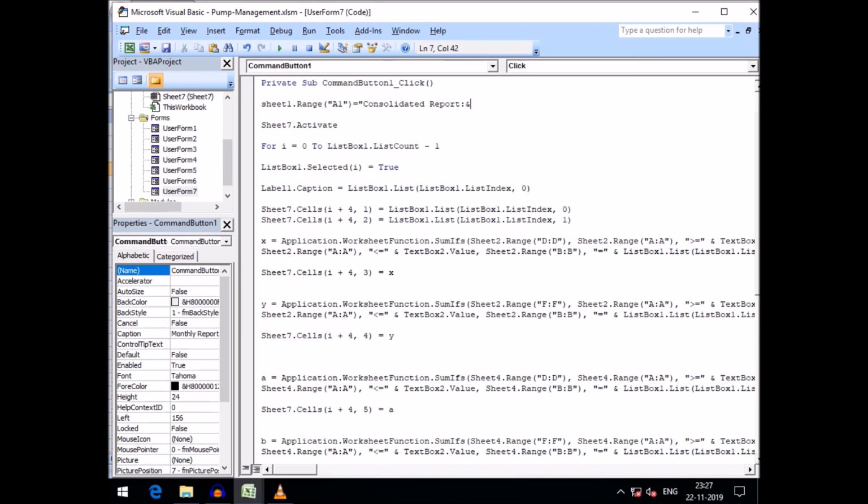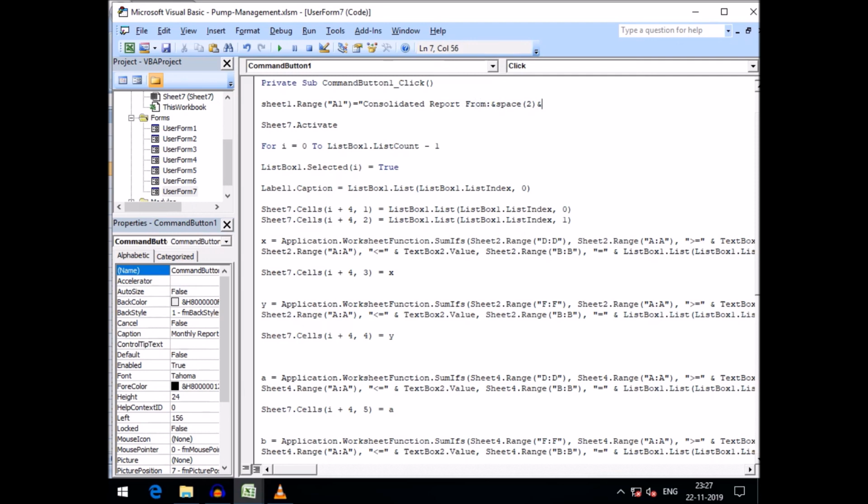Then I can use an ampersand and take a space here, space 2, then ampersand, and then consolidated report. You can see here from,